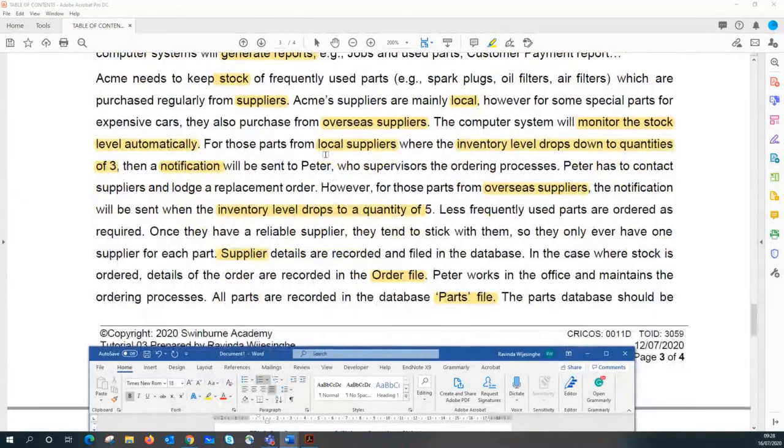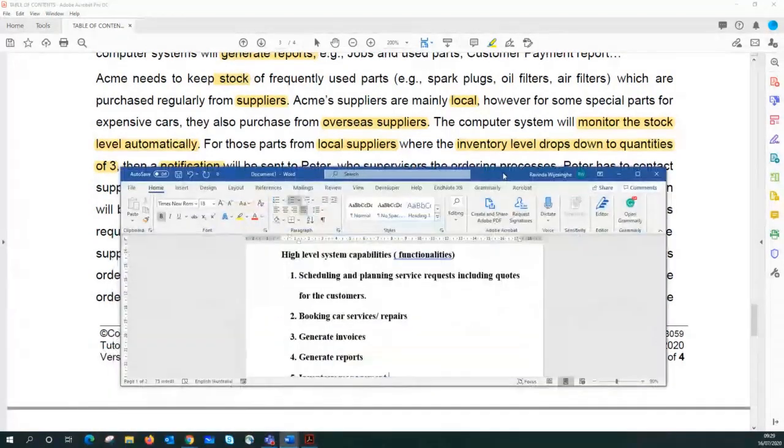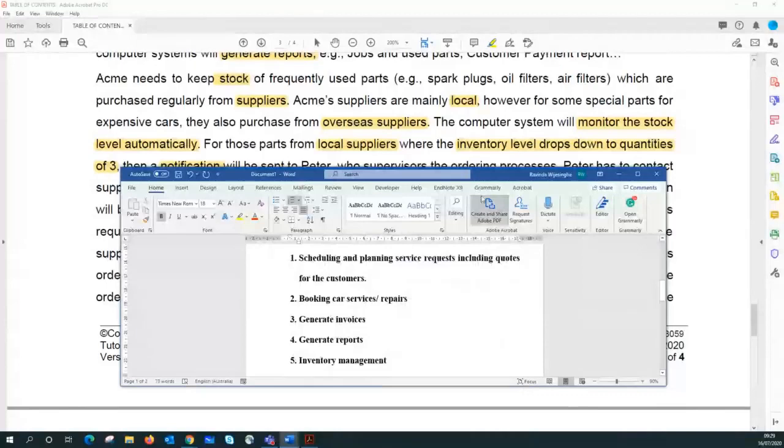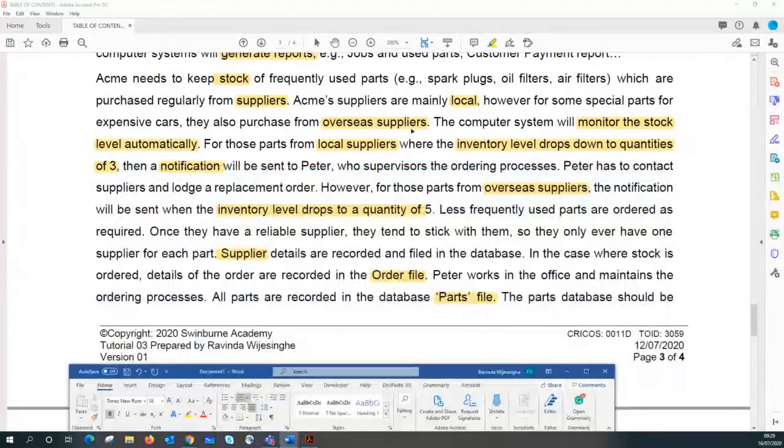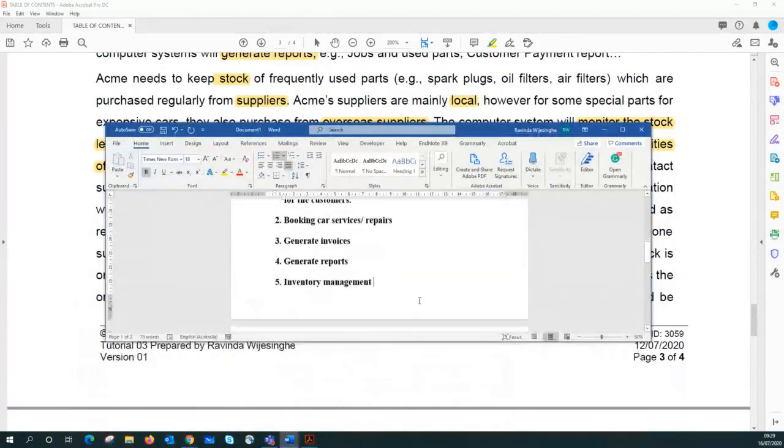Simply they're talking about that there. So that is something. And then inventories, and then they are talking about the suppliers. So they need to monitor the suppliers and the payment to the suppliers, etc. Maybe it might be a part of the inventory management system,